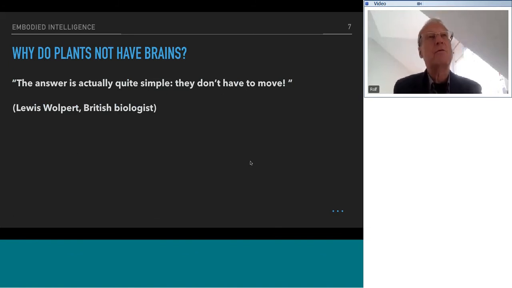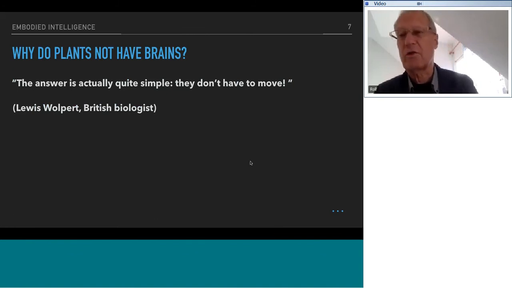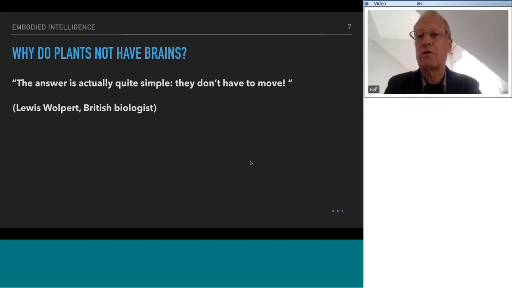So in this view, the evolutionary selection pressure on the evolution of the brain has come from the need to interact with the environment, survive in the environment, move and locomote in the environment. It also gives us a nice perspective, because when you look at brains in biological evolution, they're always part of a complete organism. There is no kind of algorithmic ether, but brains are always part of an organism that has to survive and interact with the environment. And the only way in which we can do this is, of course, through our own bodies.